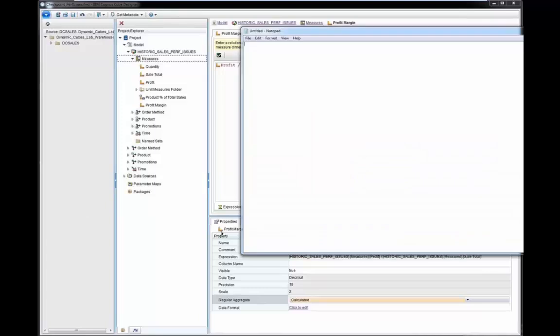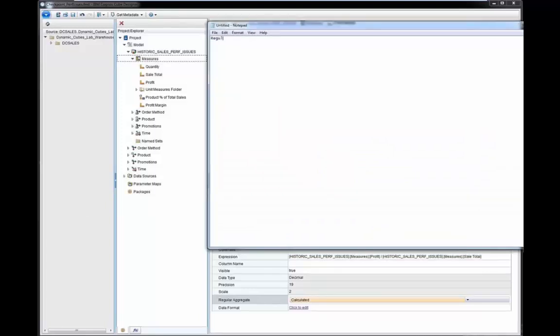Well, if we keep it as regular aggregate of sum, what this would do is when creating the database expression, it would actually do a sum of the expression: sum of profit and sale total. So if that's what you want, all right, leave it at sum. But if you change it to